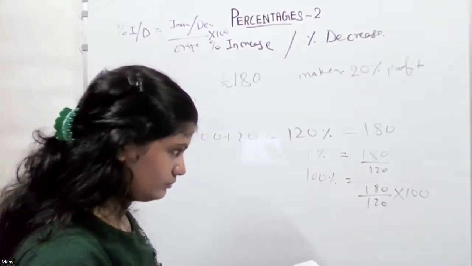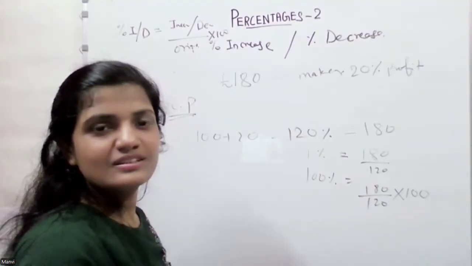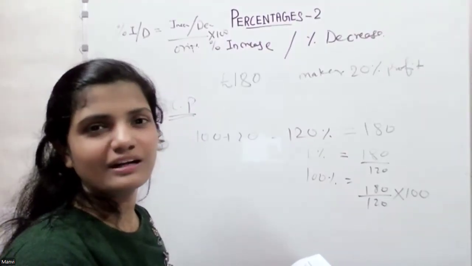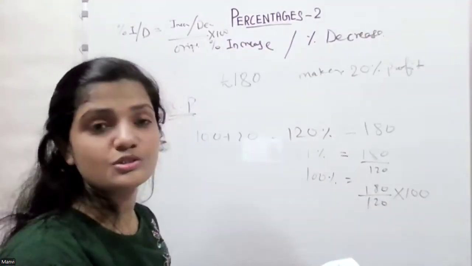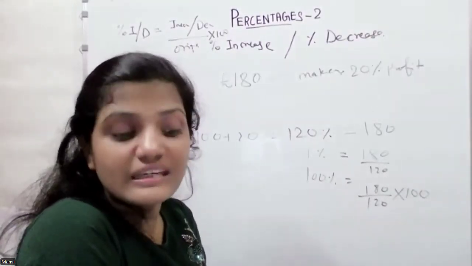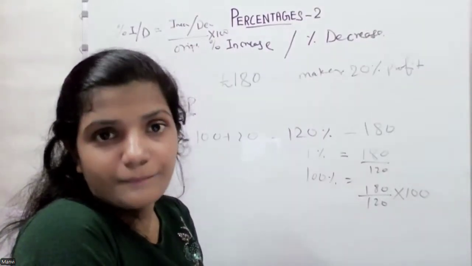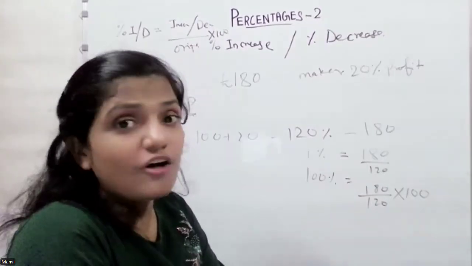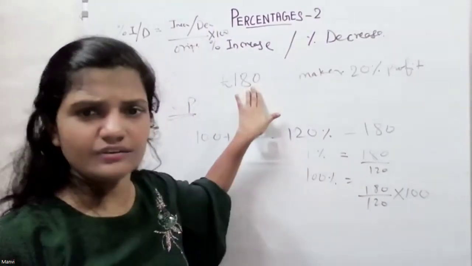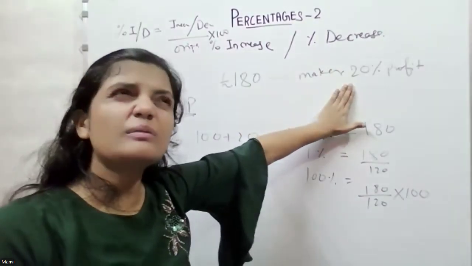It's down to 150. Wow, very good. So, when we look into the question, we think maybe we are unable to find the solution, right? Because they are asking the question this way. A man sold a car for 180 pounds, making 20% profit. What is the original cost price of the car? So how do we approach this? We are saying the man sold at 180, right, and made 20% profit. So what will be the cost price?